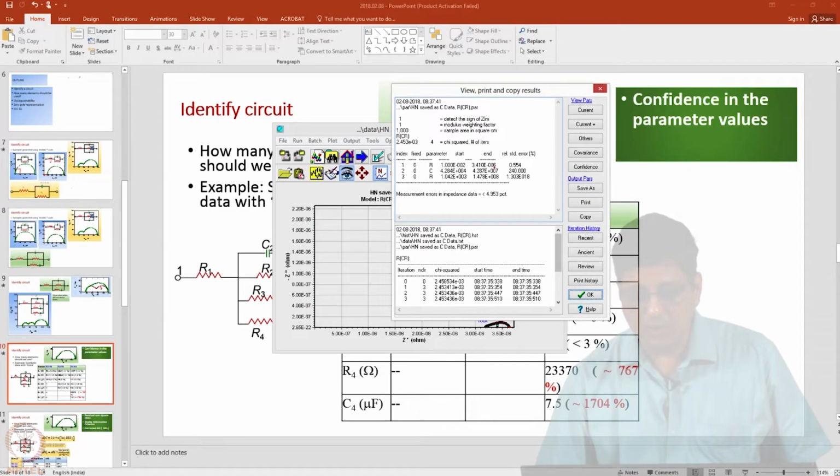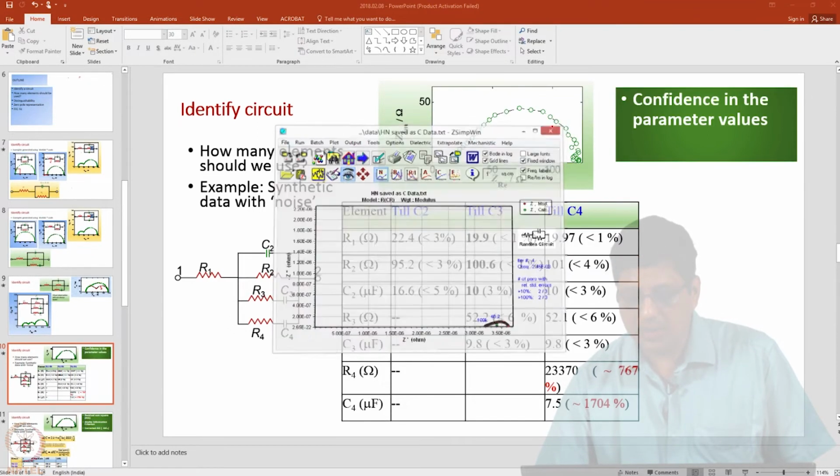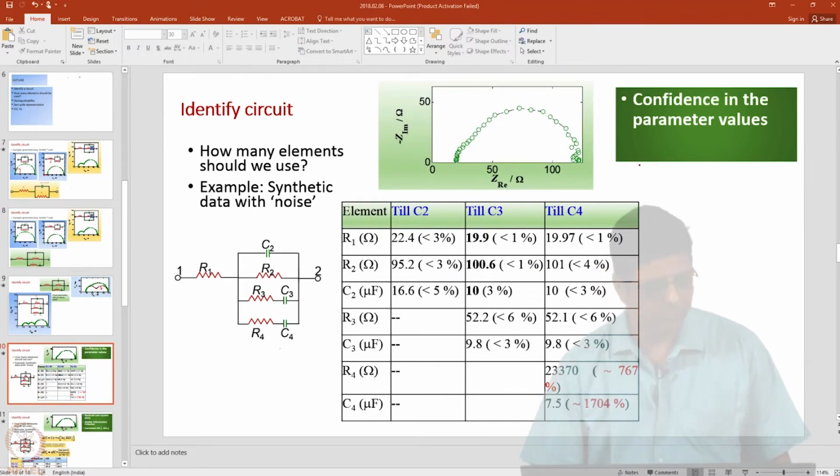The thing I want you to note is this is the parameter value R, this is the final best fit parameter value C and R, and the relative standard error is less than 1% here, it is 240% here, it is 10 power 18, it is just way too high, it is a poor fit. You can visually see that, but you should also be able to get the confidence interval values.